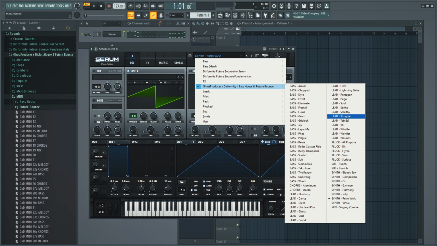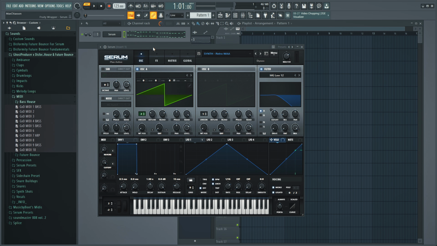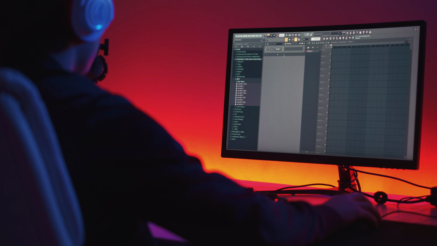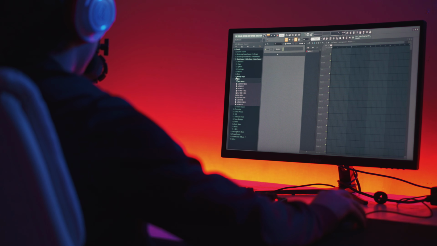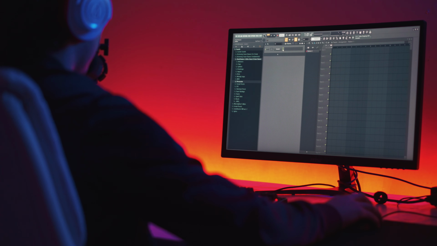Alright, so that's just a little bit of the presets and the MIDI files here, but there's lots more to explore. Now, Disformity packs are made to save you time in the studio. It's one of the big reasons for sample packs like ours. It's something that really speeds up your workflow, but it's never really been demonstrated how fast it really improves your workflow. So I'm going to make a little quick demo drop for you guys, and we'll see just how fast